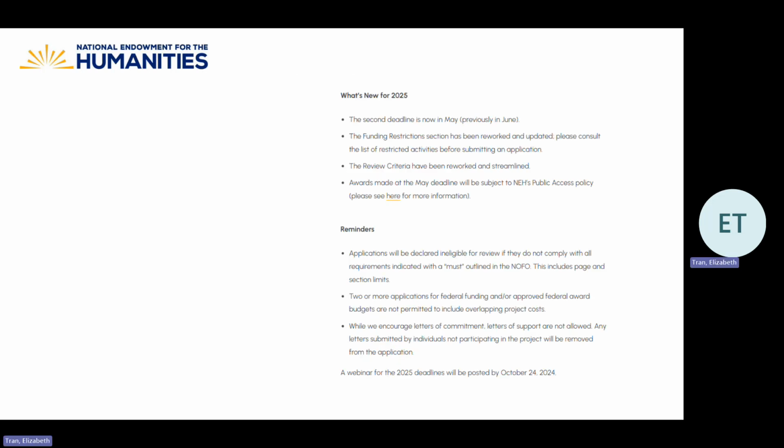Returning to the program resource page and scrolling down, you'll see that we have sections titled What's New for 2025 and Reminders. In the What's New section, we alert you that the second deadline is now in May. It was previously in June. That we have reworked and updated the funding restrictions section, so we're advising applicants to pay careful attention to that. That we have streamlined the program's review criteria,